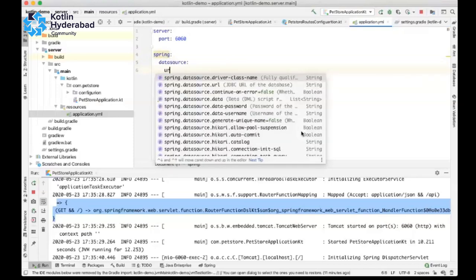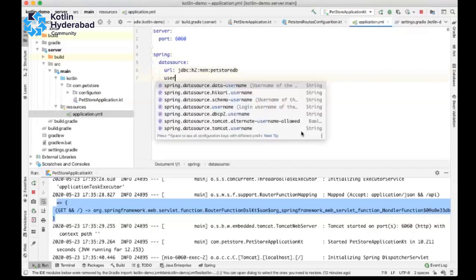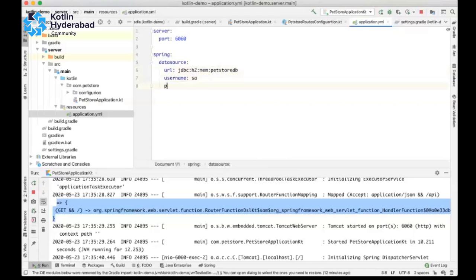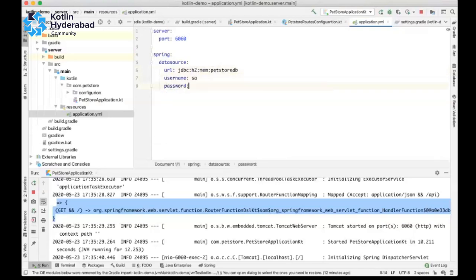Database URL, jdbc colon h2 colon mem colon H2 DB. So I'm just creating an in-memory DB, and the username SA, password I'm just leaving blank.